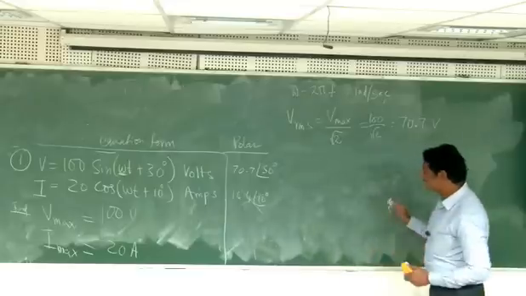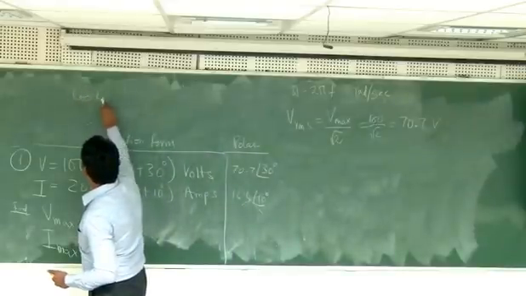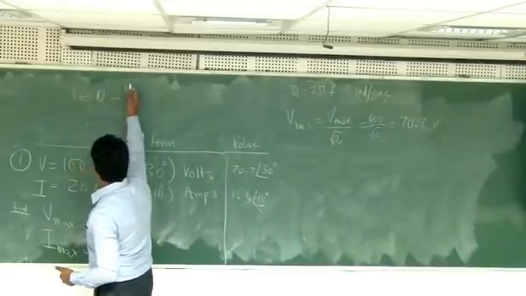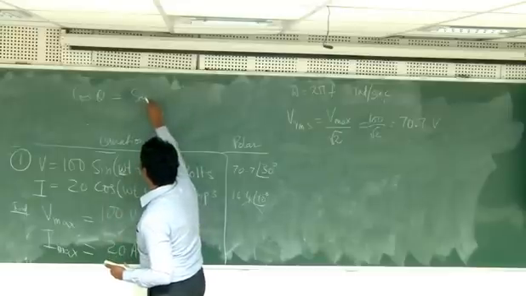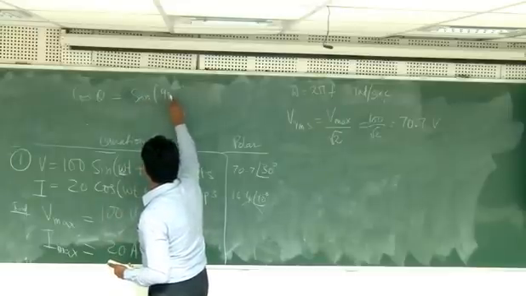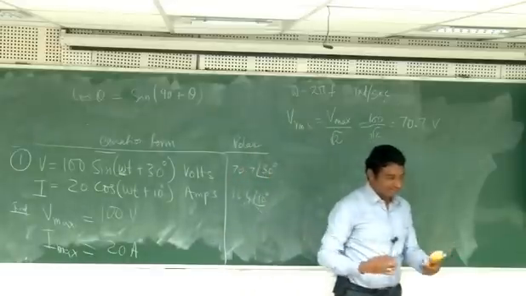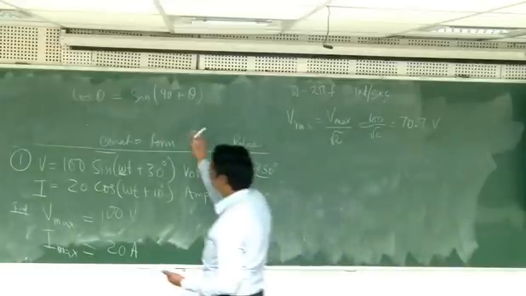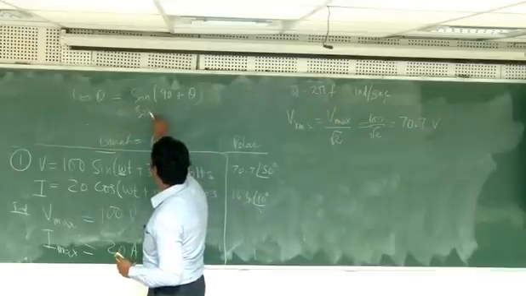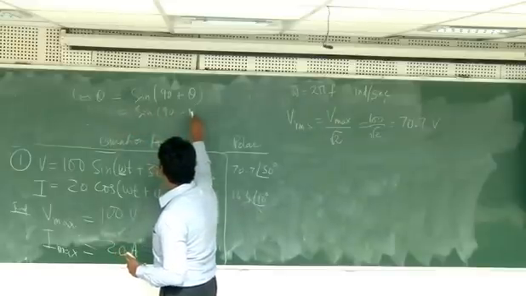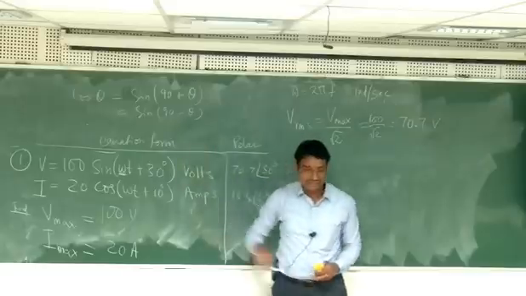So what we will use is the one thing that cos theta is equal to, so I'll write it sine 90 plus theta. Some people will agree, some people will not. Is there any other combination? Can I write sine 90 minus theta? Is this correct? Cos theta is sine 90 minus theta.